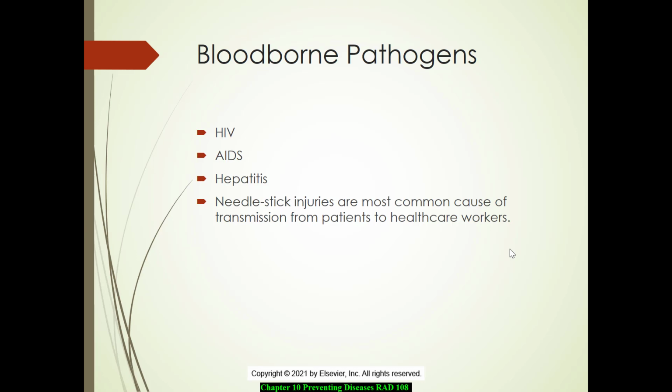With bloodborne pathogens, you're very familiar with HIV. HIV did occur back in the 1980s, and at that time we didn't know a lot about it. It took a while and a lot of research to figure out why it was being caused and how it was being spread. There was a lot of inaccurate information when it first came out about who was susceptible. We do know that there are two types of HIV. There's HIV-1, which is pretty much the prominent strain in the United States and around the world, and HIV-2, which is primarily focused in the heterosexual populations, especially in West Africa.